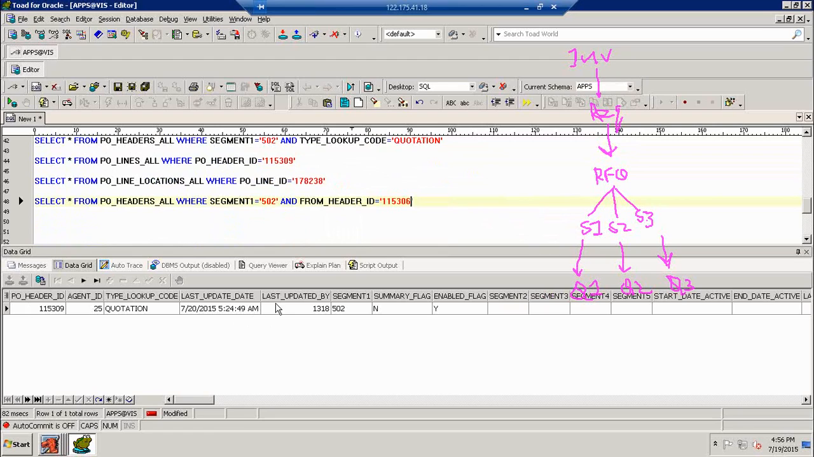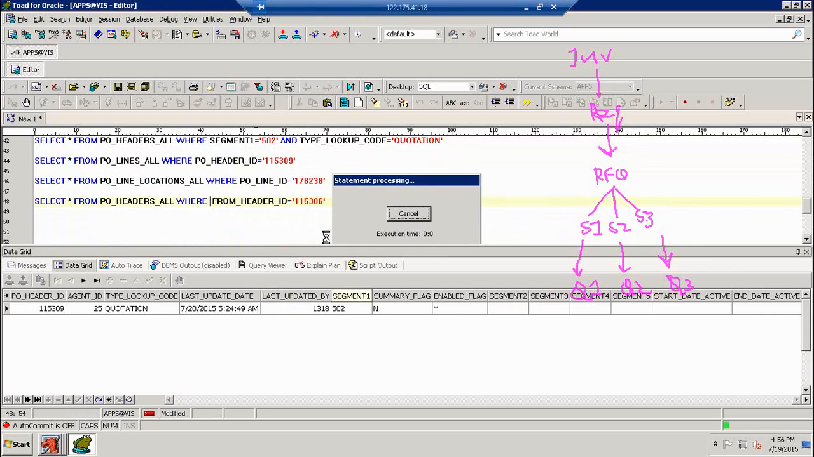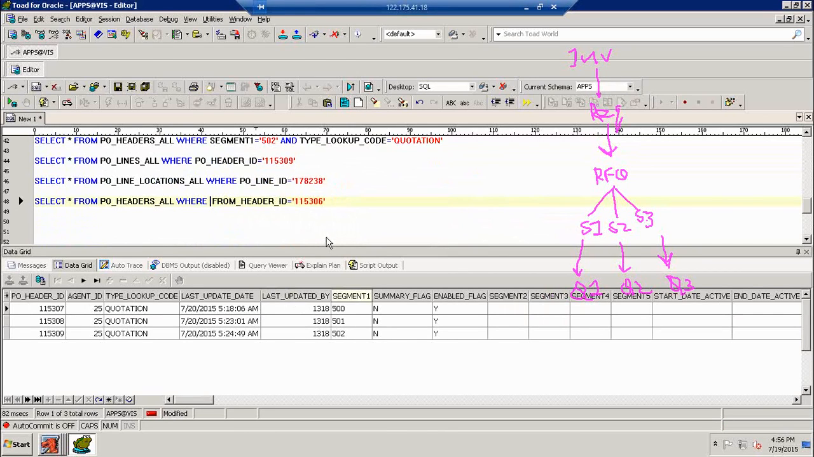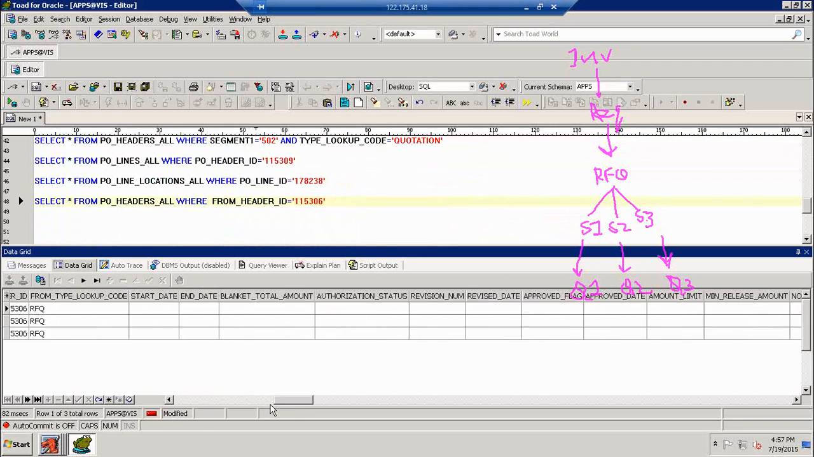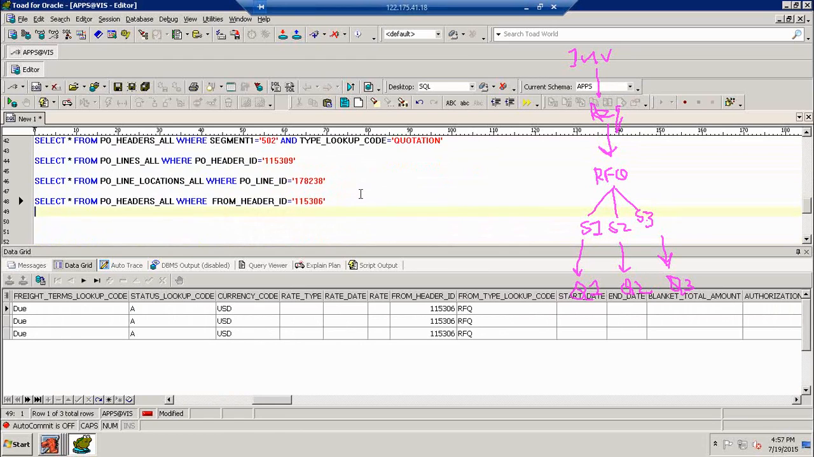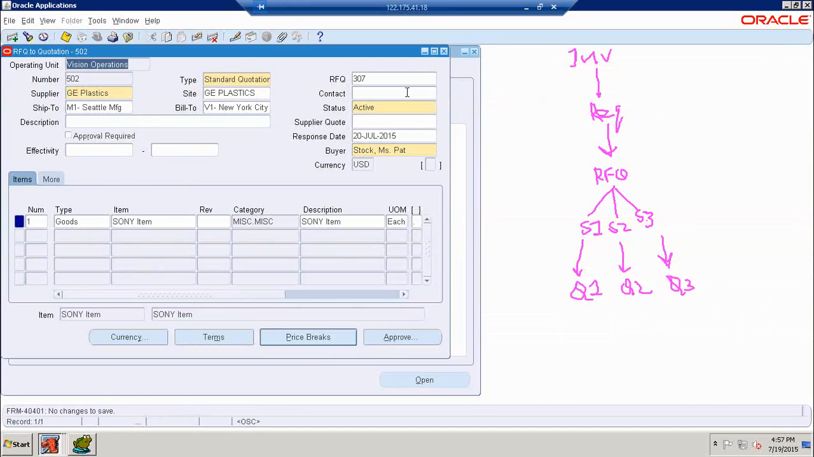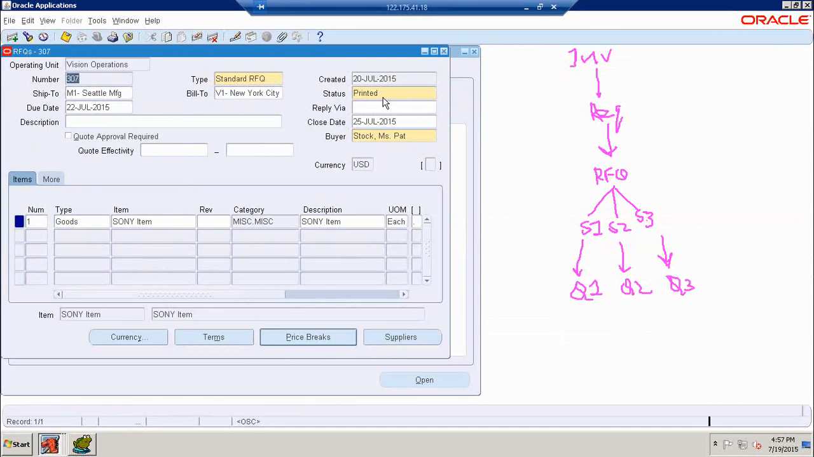Now it clearly shows how many quotations are received under the RFQ. There are 3 quotations received under the same RFQ. These are the supplier information, and this is the header ID. Once we have received all the quotations from the suppliers, now we are going to analyze them